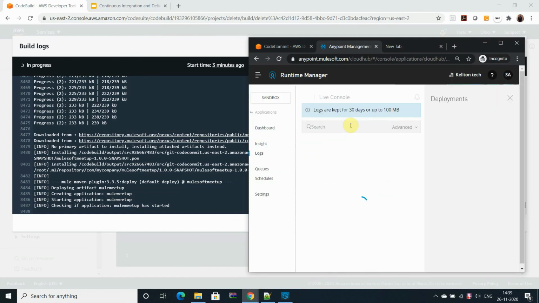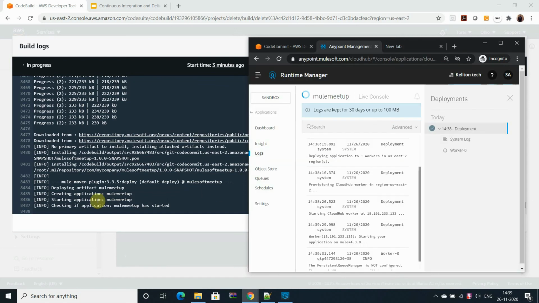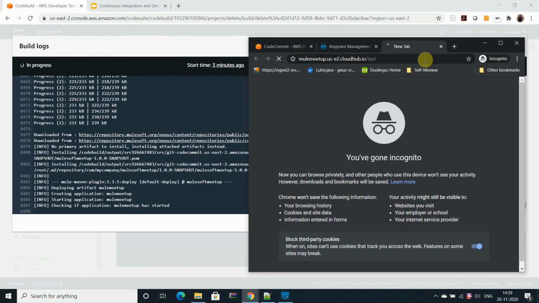You can open the logs. Checking if the application started. Let's see, it has started. It will reflect the change here. Let's wait for a moment. Yeah, done. Let's go and test the application.